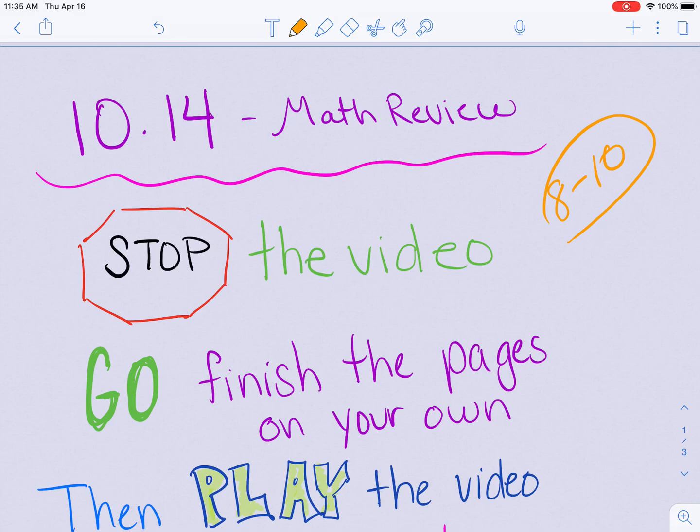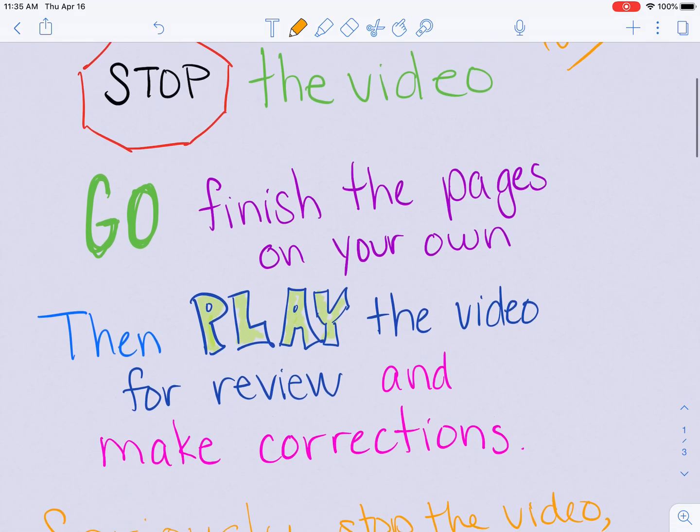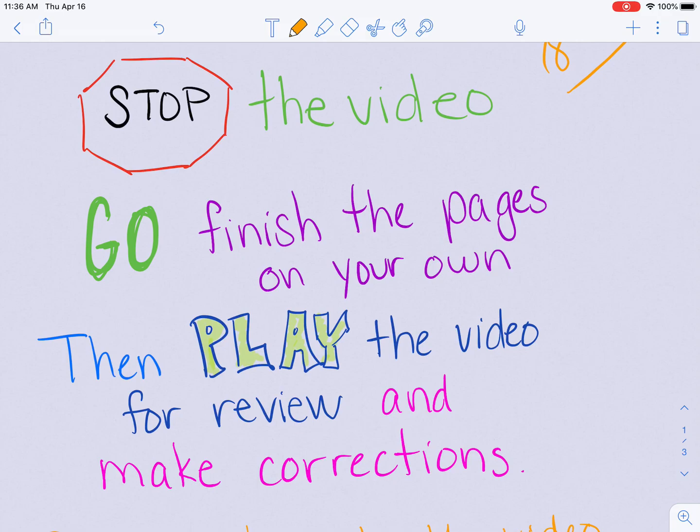So here's your instructions for pages 303 to 304. What you need to do right now is stop the video. Then go finish the pages on your own. Then play the video for review and make corrections. Okay, so what are you supposed to do? You're going to stop the video, go finish the pages on your own, then play the video for review and